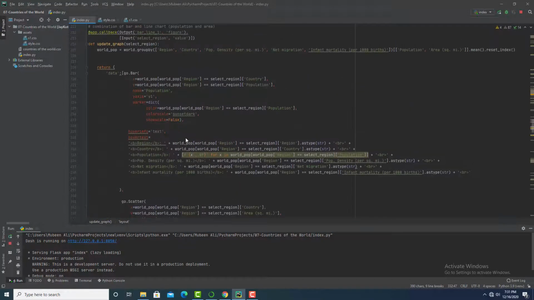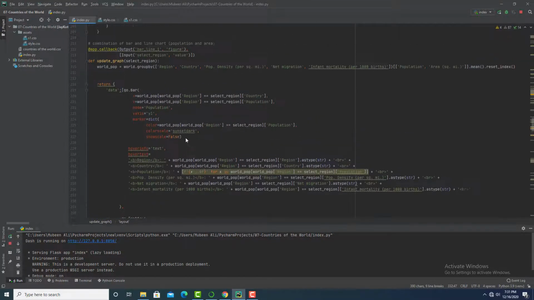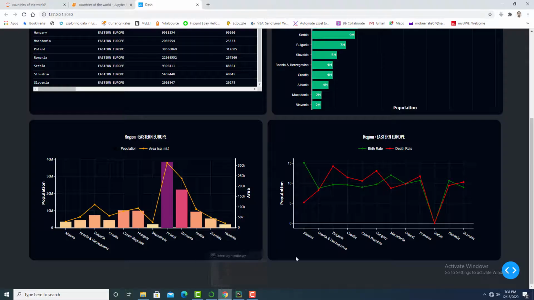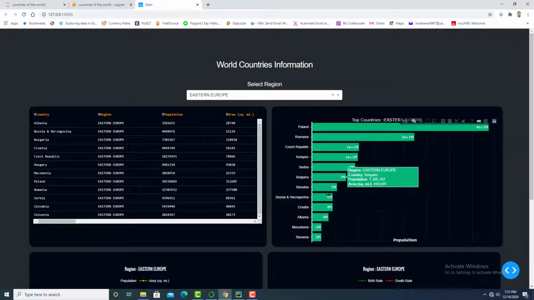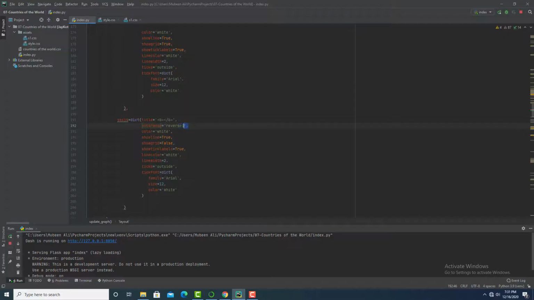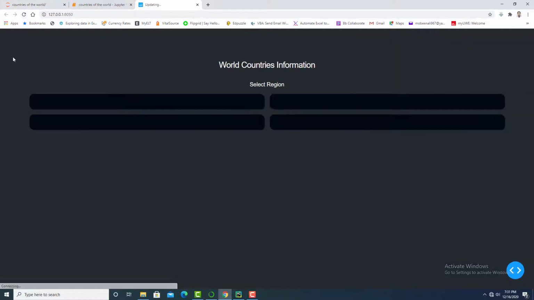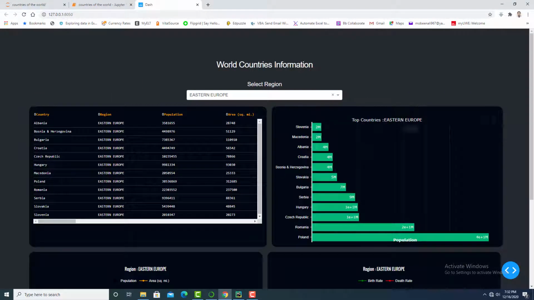In the horizontal bar chart, in the y-axis parameter, to get bars ascending to descending, we need to put this property auto range reversed. If I do not use this property, save the code, refresh the page, we see here values descending to ascending.